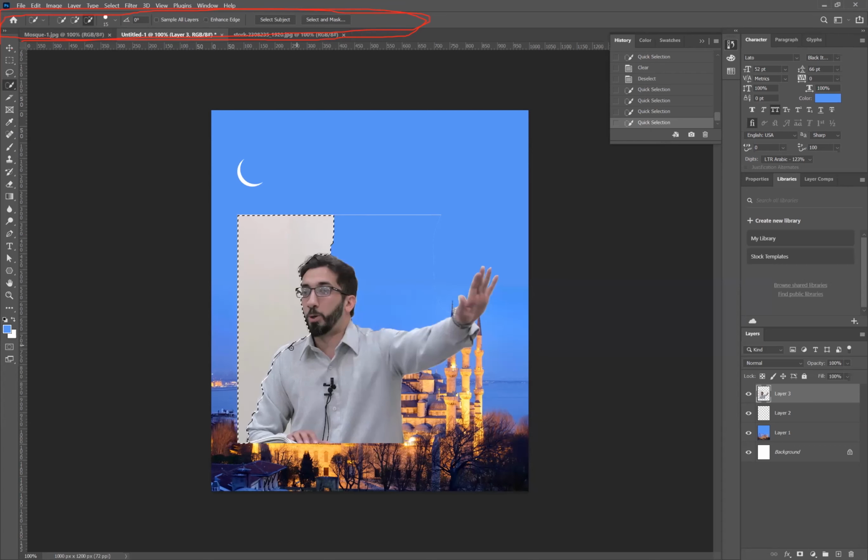With the help of lasso, if you want to remove excess selection, hold down the Alt key. Note down these points in your notebook. Alt with the lasso tool is used to deselect some area.